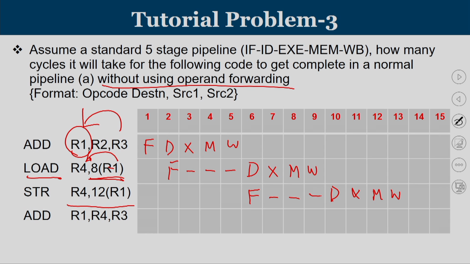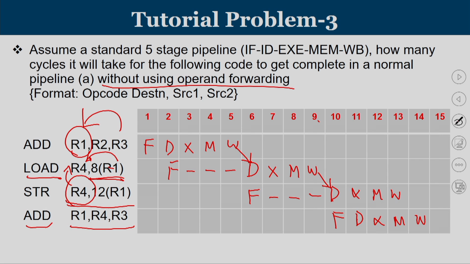I will repeat what happens for the store instruction. The store instruction has to read the data that is written by the load instruction previously. The load instruction will complete its operation, that is, the value will be returned to R4, only at clock cycle number 9. So, store can perform the register read only at clock cycle 10. These both are dependent, that is a dependency here, and then it completes. Now, you have to perform add of R1, R4 and R5. So, if you look at that, it is dependent on R4, but the R4 value is already available. So, it can run in its assigned time slot.